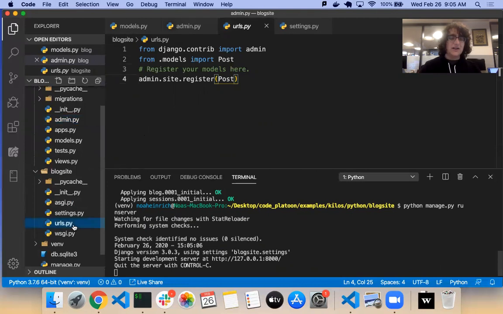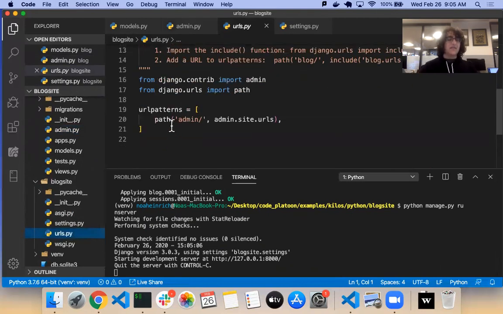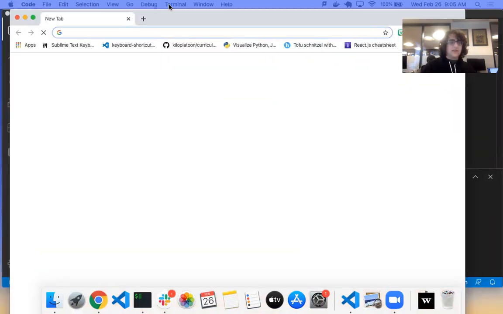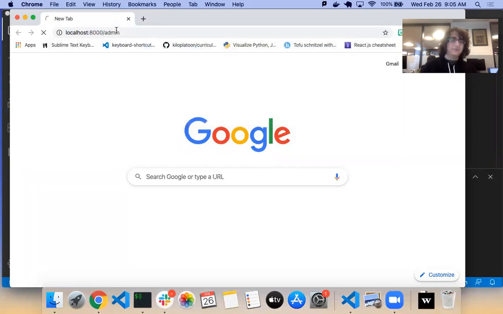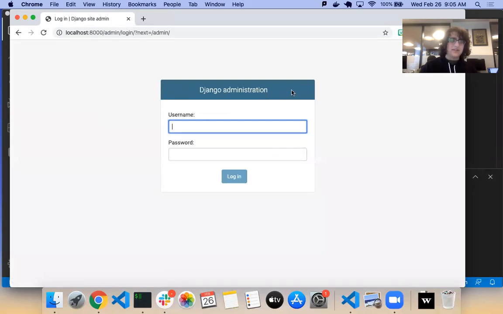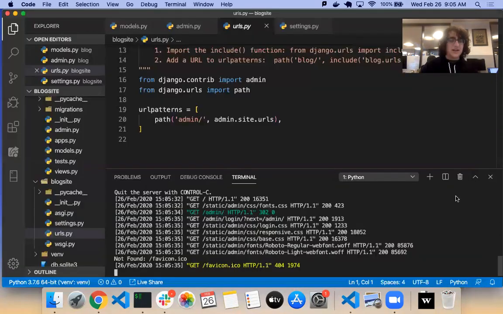Now remember, when we look at URLs, there's already something there, right? Path admin slash. Has anyone actually visited localhost:8000/admin? Yeah. What did you see? Login splash screen. If you add a superuser for admin, you can actually log in there and you can see groups of users to play with. Exactly. So I'm going to go to localhost:8000/admin, which has this cool login screen that I didn't make. Here it is. I don't seem to have a login yet, though, but I can make one.